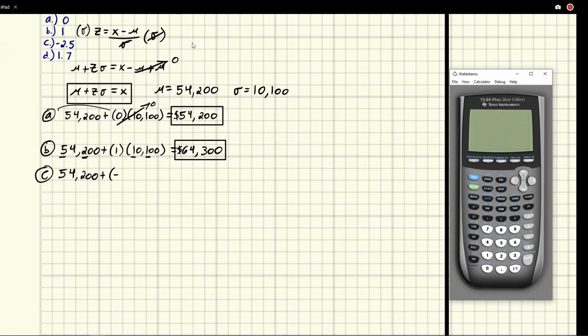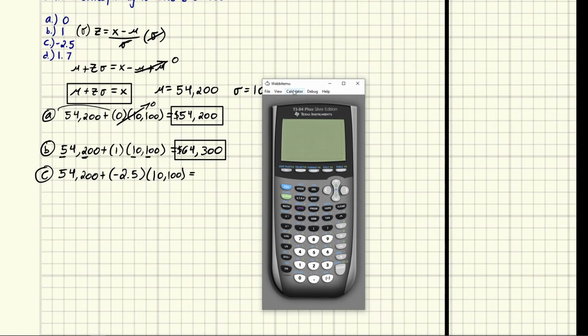So you notice that I always put down parentheses when I plug in. And this is to avoid any mistakes with the calculator, any sign errors that could happen. So we're going to do that, and then our standard deviation is 10,100. Now I can't do this one just by looking at it, so we're going to have to pull out the calculator, turn this on, and we're going to do 54,200